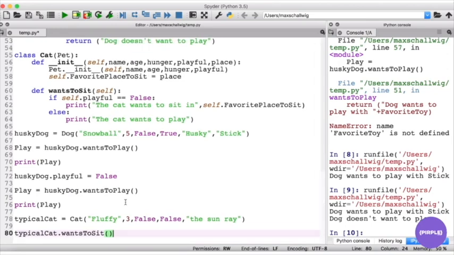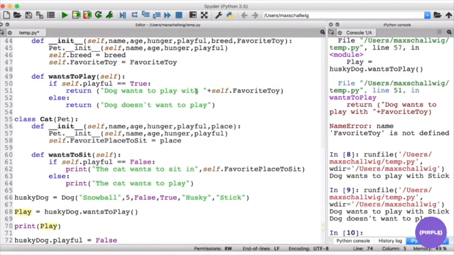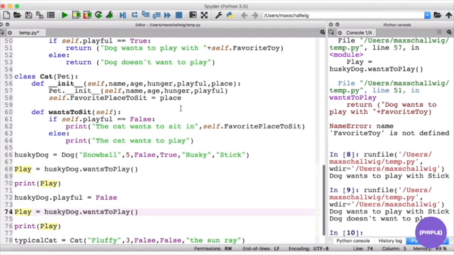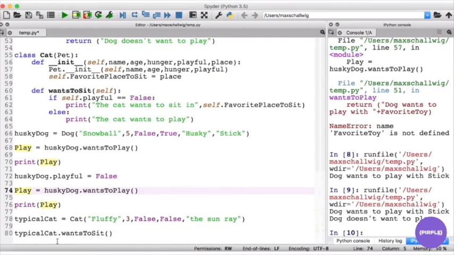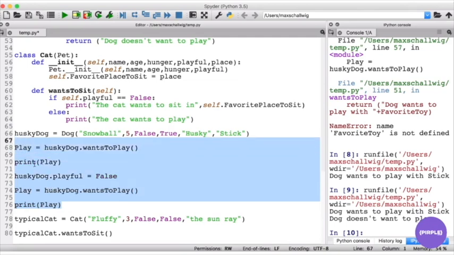And now a difference that we see here in comparison to the dog is, in the dog we made the wants to play method return something. And since it returns something, we should save it somewhere. And so we saved it in play. But since the wants to sit method in the cat doesn't return anything, it just prints it out directly, we don't need to save it anywhere. So if we call this, it's immediately just going to print that the cat wants to sit in the sun ray. So let's run this,